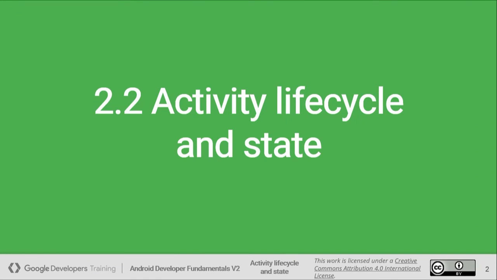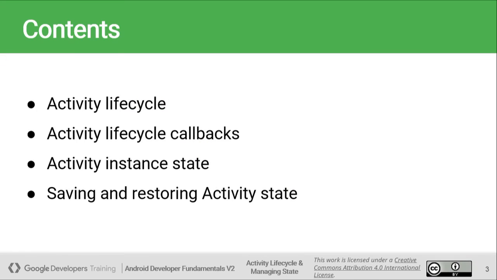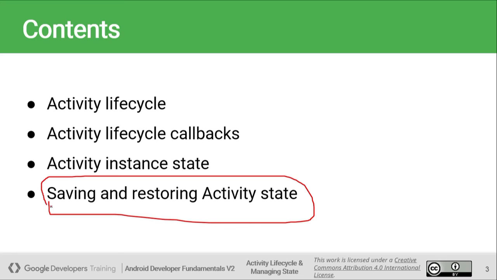Dear students, let's talk about activity life cycle and states, as we have discussed in the previous lecture about activities and intents. When we are creating activities, an activity has a different life cycle and different states in that life cycle. So let's move on and discuss those states first. Activity life cycle callbacks, then activity instance state, and then saving and restoring activity state. How can we do this in our application? We will also see this with the help of the code.